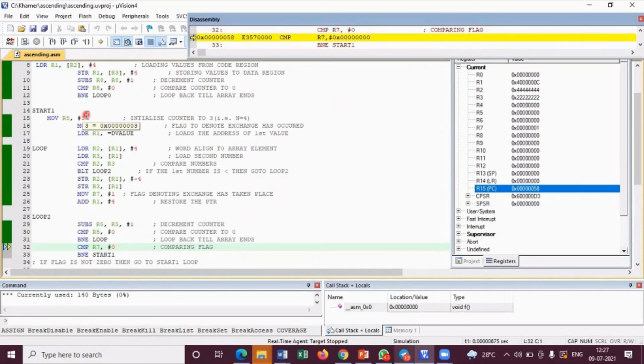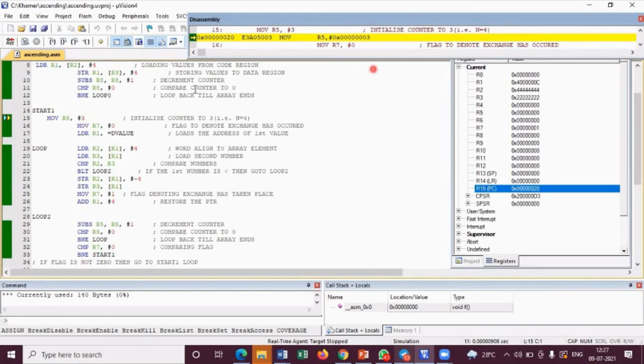Yes, ma'am. So in the first swapping, I did not get a proper result. Probably in the next swapping, I might get a proper result. So I know that R7 has not become 0, so I should go to the start 1 now. See, now it is pointing to start 1. Again, the same thing. The history repeats now. Got it? So what is the history now?